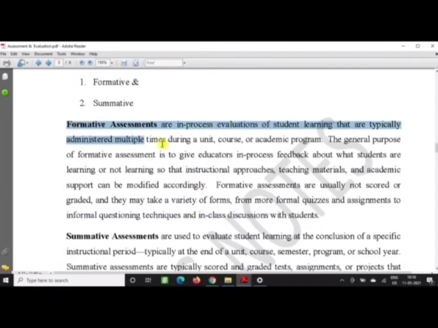These are the forms of formative assessment, and these are taken any time between the session by the subject teacher. One important thing about formative assessment is that since this is in-process evaluation, there is always a chance of feedback. When the teacher gives feedback, there is always a chance for improvement by the students.